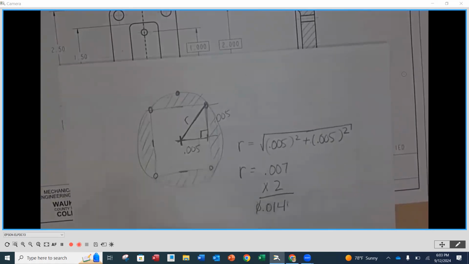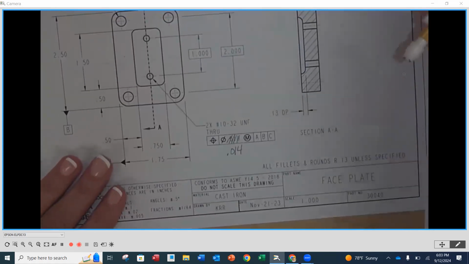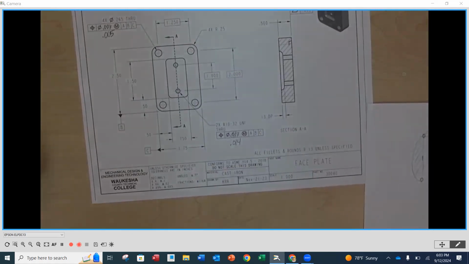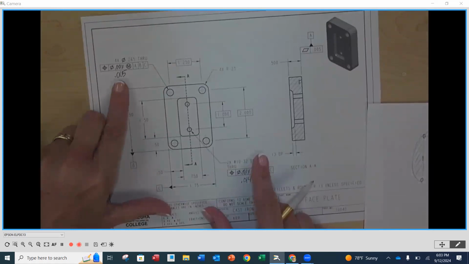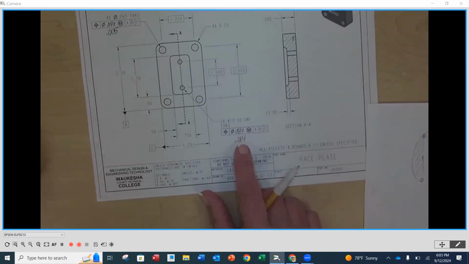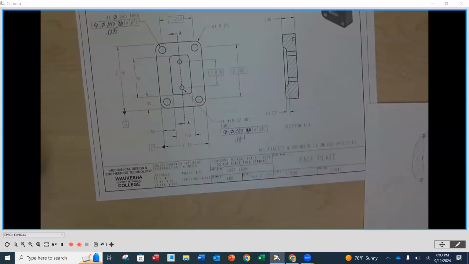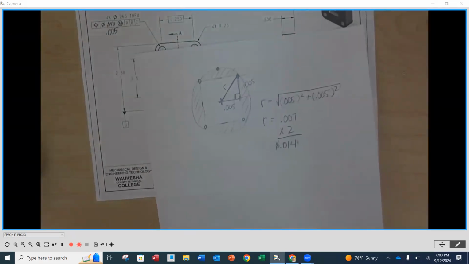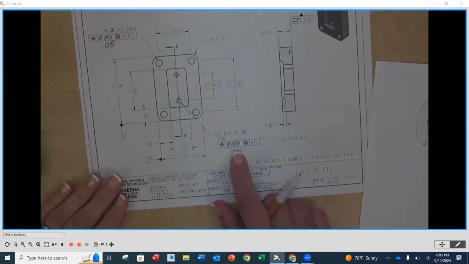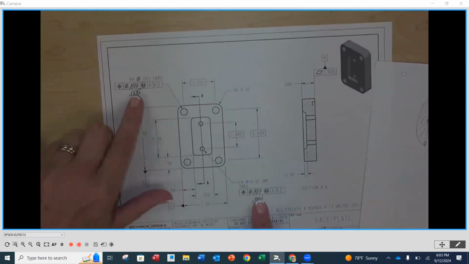So we always want to, when we have features of size, holes, threaded features, anything, when we're locating it, we want to use position because now we optimize the tolerance zone, whether that's through bonus tolerances, but also we now are using a circular tolerance zone. We get more acceptable area, meaning that we're not going to be leaving any parts out that will fit, that otherwise we would have rejected. Okay. So this one is a converting. And this one is the